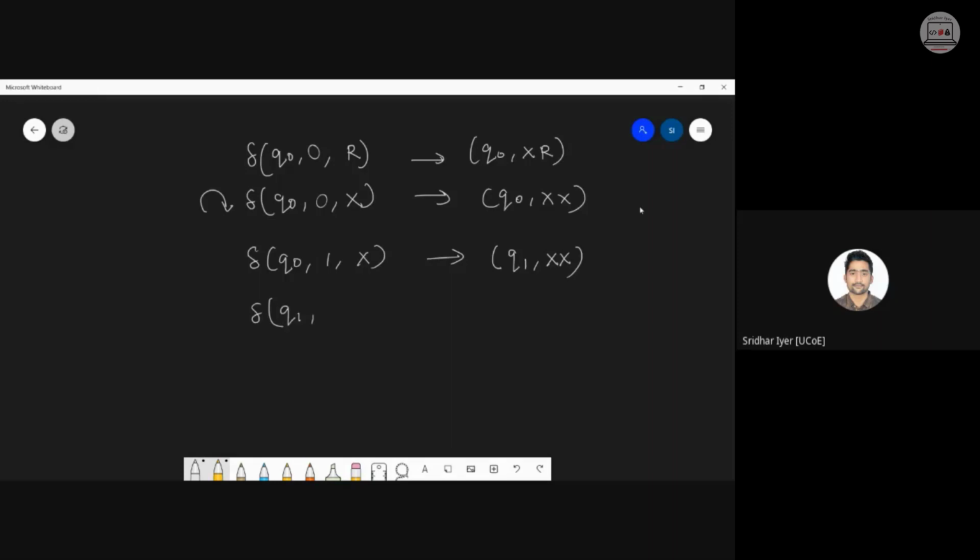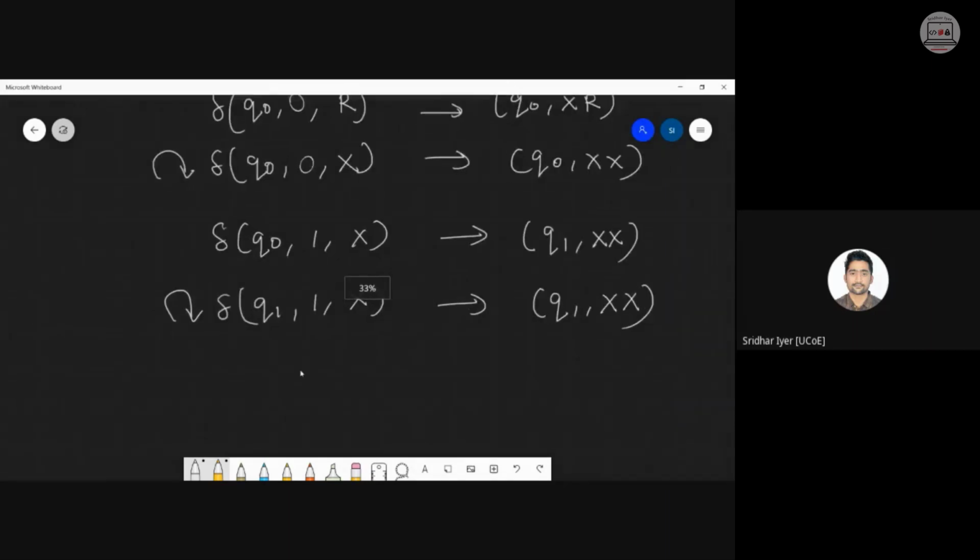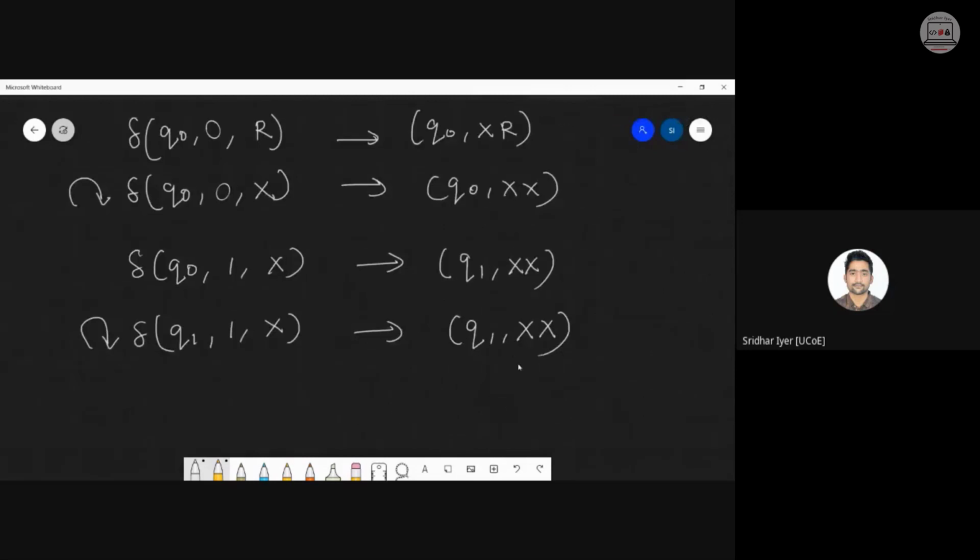It will be like q1 comma 1 on top of x. It will remain in q1 only. Any doubt so far? I am not going to q0. Why? Unlike your previous problems, there was a pattern. There was a bracket, and to complete the bracket we used to go to the previous state and accept. But in this case, can anyone tell me why I am in q1 only? Why not q0? I'm just clearing your doubts, if any.